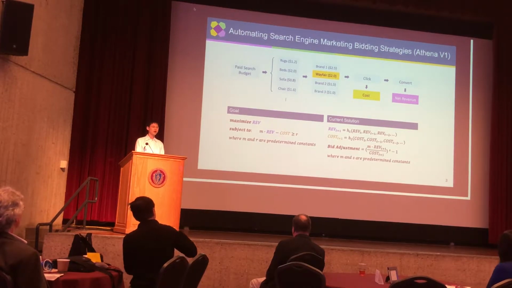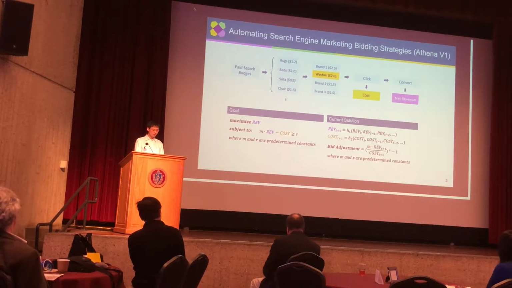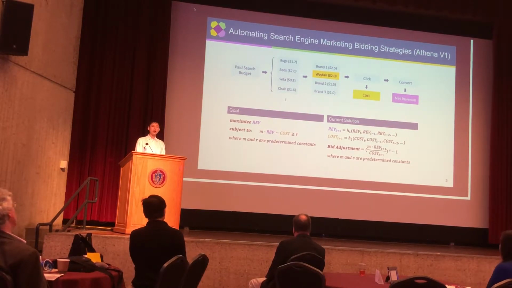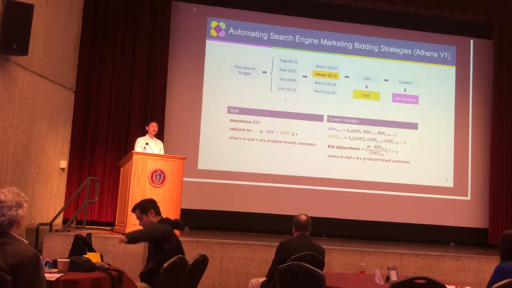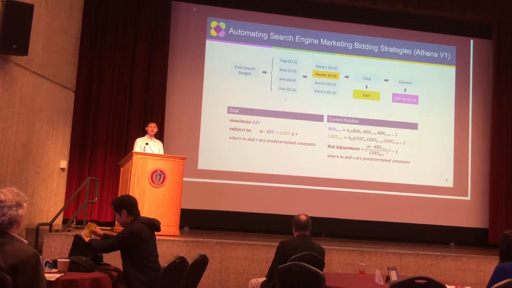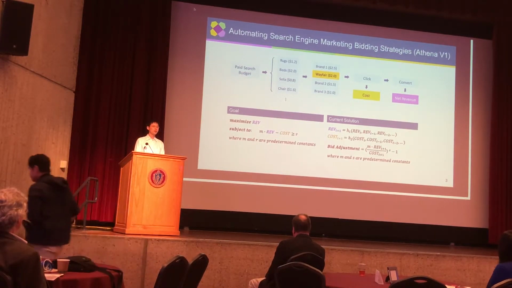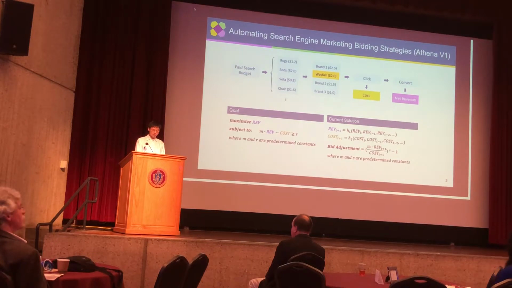So naturally, this is an optimization problem. Our goal is to maximize revenue subject to revenue minus cost being non-negative. Our current solution has two steps. First, we build up time series models to predict future revenue and cost based on the historical performance. Next, we plug those predicted values into this empirical function to make bid adjustments. This approach has been shown in the past 2 years to work pretty well at Wayfair, but certainly there are rooms